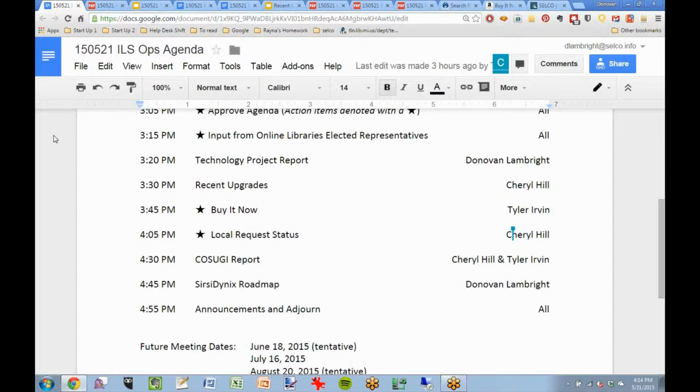The VP from the company described it as the tortoise and the hare, and Symphony has been the hare, running out ahead. But now the tortoise has rocket boosters and is going right past the hare. So that's exciting for us as Horizon users, because it means we're going to be at level with Symphony, if not have more. So for those of us who stuck with Horizon through all the problems that SirsiDynix had,